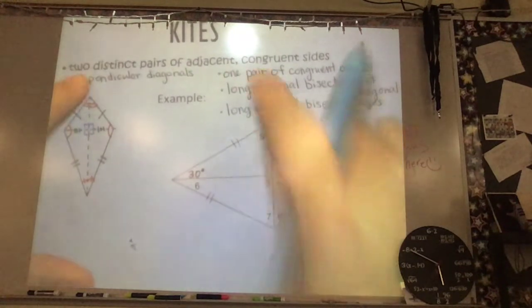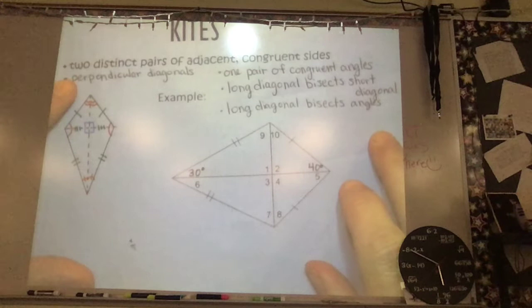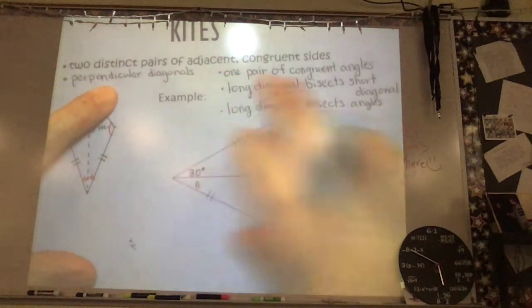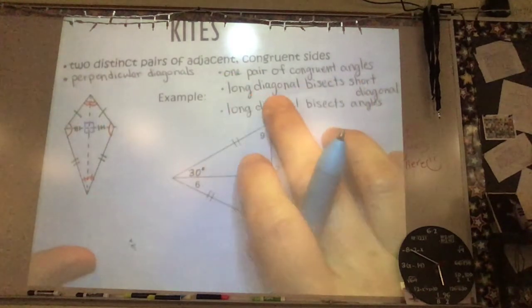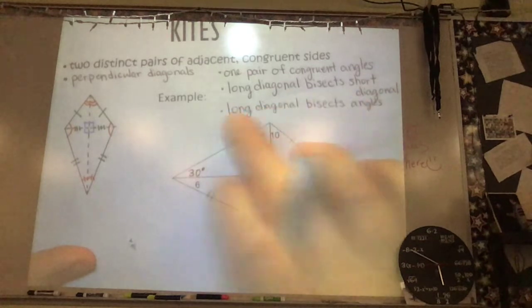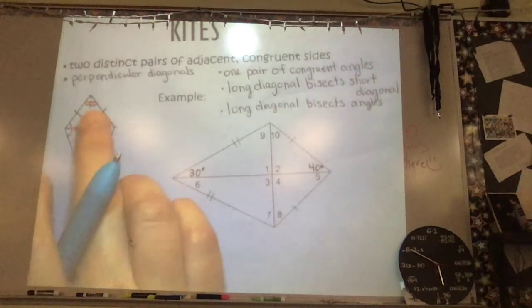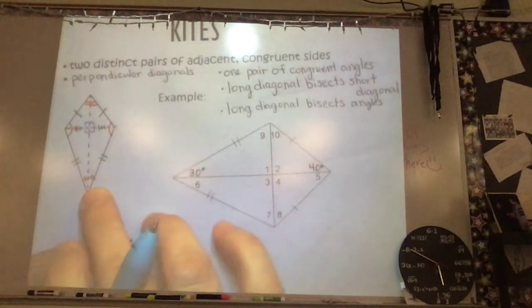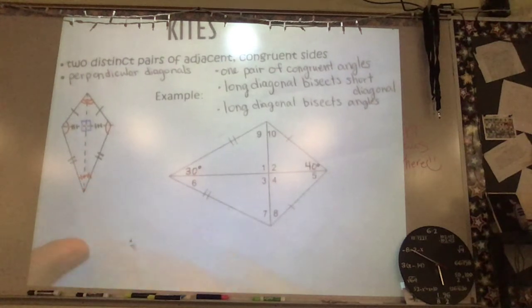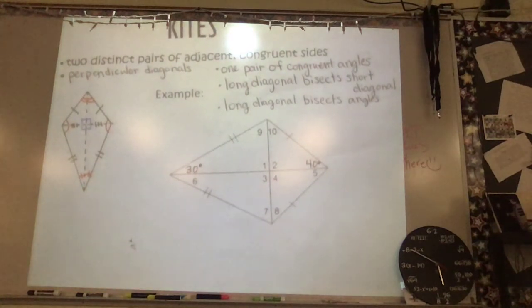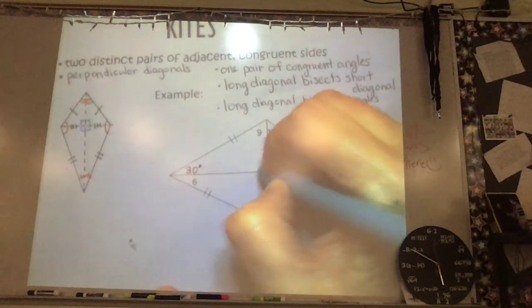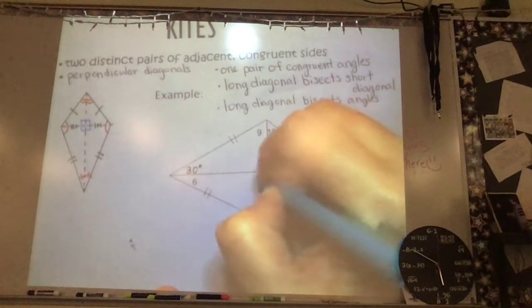Now, I wrote in 4 of them, so take the time, please, to write in that they are perpendicular bisectors, one pair of congruent angles. The long diagonal bisects the short diagonal, and the long diagonal bisects the angles that it hits. And I've indicated all of this here, so please take the time to do that. And there's an example here with no questions, so I'm assuming that they want you to find all those angle measures, okay? All right, so the diagonals are perpendicular, so we know that angles 1, 2, 3, and 4 are